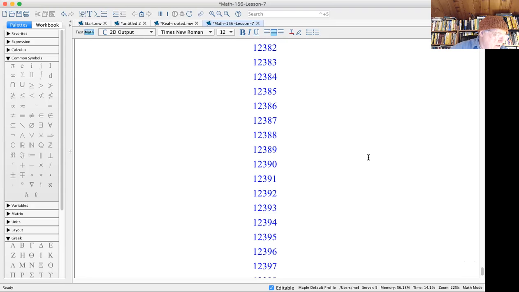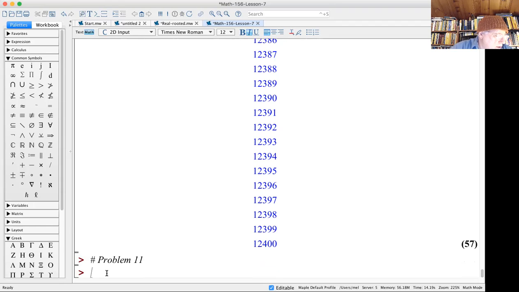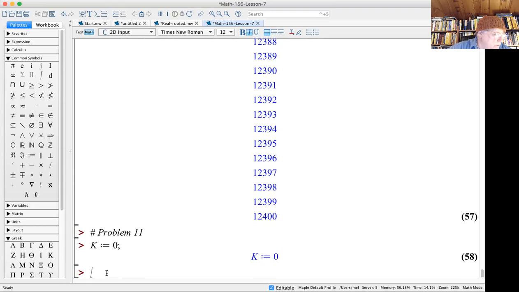That was problem 10. And problem 11 is to count the number of primes that satisfy a certain condition. So let's say k is my counting number. And I let k equal 0 to start. And then I want to count primes up to 1,000. So for n from 1 to 1,000 do,